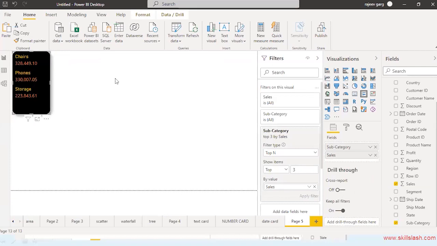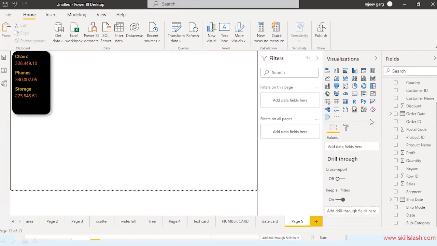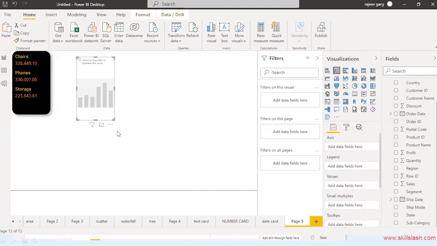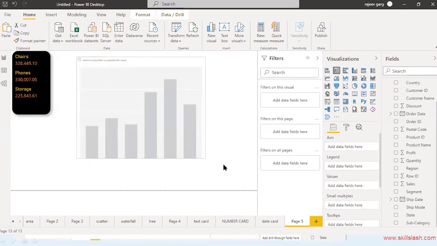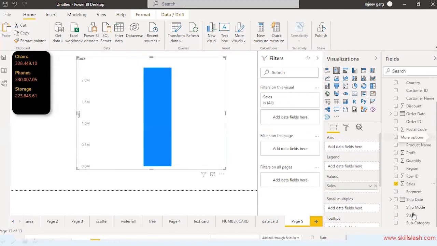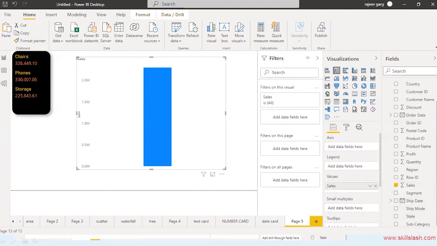Okay. Now see what happens. Let me create a chart over here, which should display the sales on the basis of category.